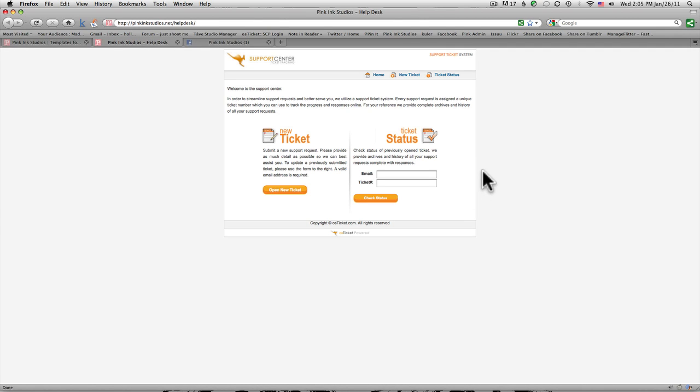And when you do, the help ticket system comes up. Now, here's another thing that I'd love to explain to you. When you're submitting a ticket, you'll open a new ticket here on the left-hand side, and anytime you need to go back in to that ticket, we ask that you please reply with your ticket information by doing the ticket status area. And the reason why is we have several people who work our support system, and every time you